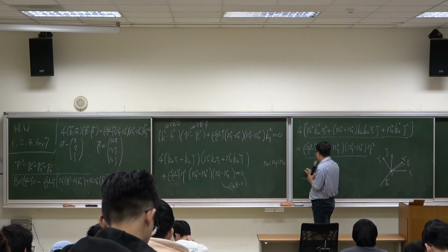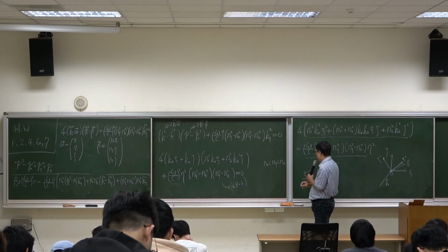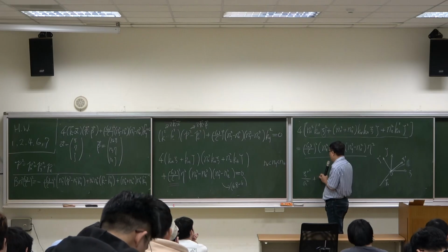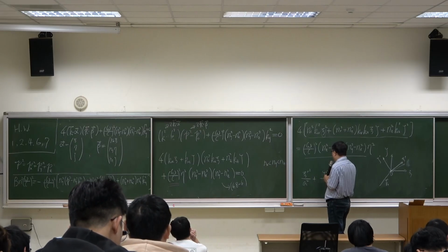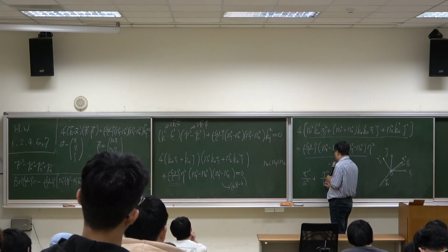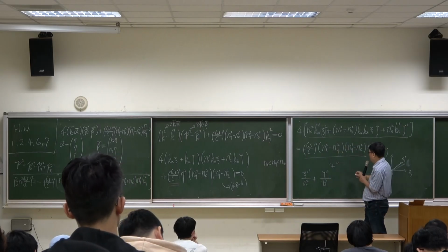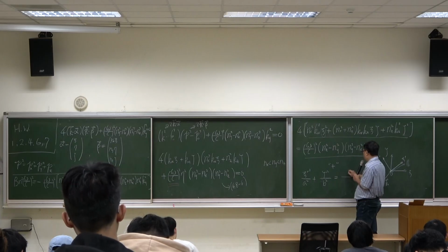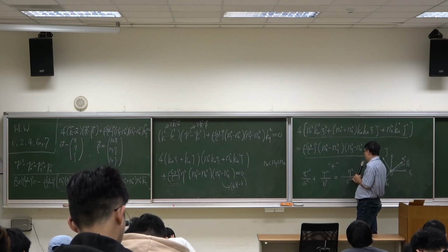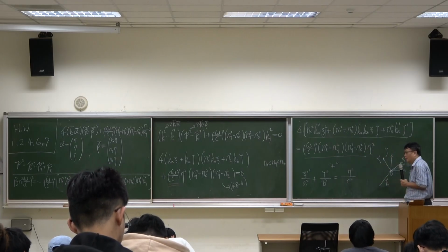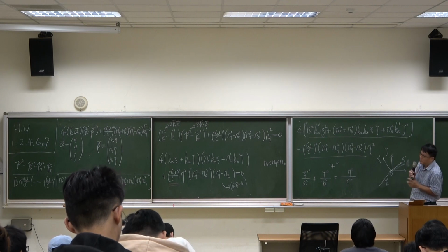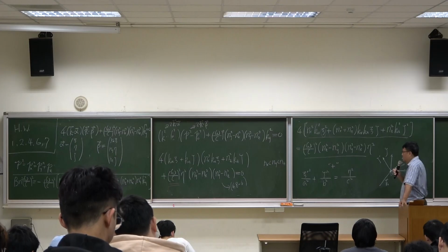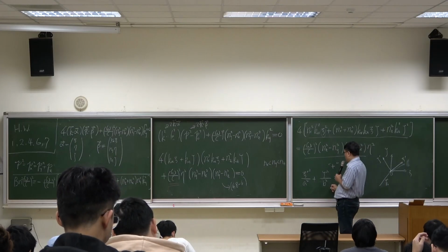Say c prime square over a square plus zeta prime square over b square, okay, equal to something like this, eta squared over c squared. What does this equation mean? This is a cone